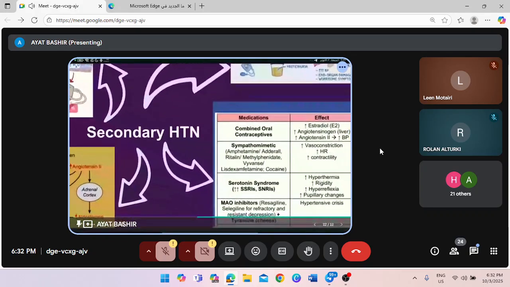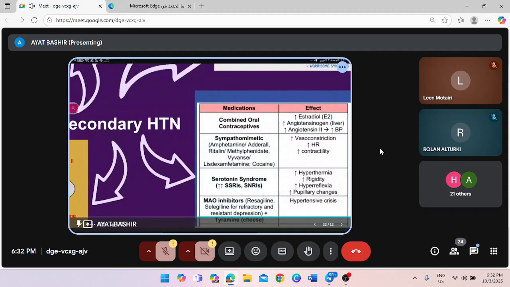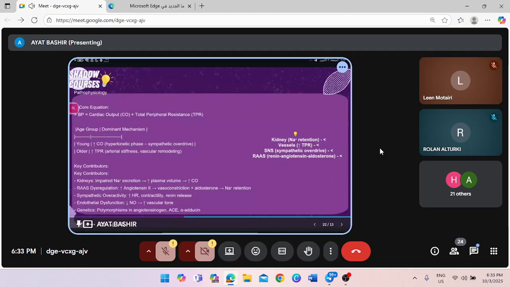And also some other drugs, for example contraceptive drugs, could make blood pressure rise through sympathomimetic effects, because there will be vasoconstriction, increased heart rate, and increased contractility. Also the SSRIs, which are used in psychiatry, we usually